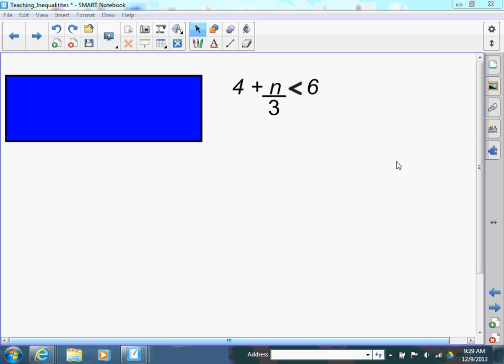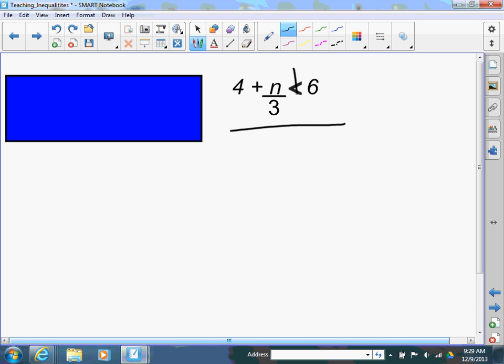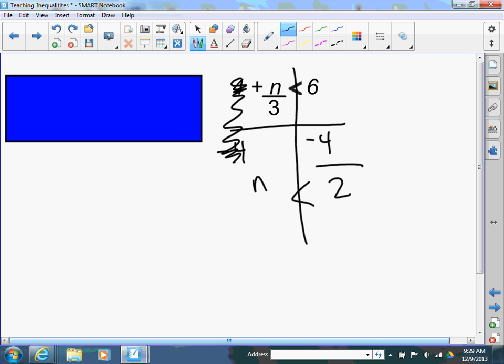Okay. Tell me where you started. 4. Okay. And you did, so subtract 4. Subtract 4. Okay. And you get what here? 2. Bring down the symbol. And over 3. Okay, now what? Multiply by 3. And you get n is less than, not 9,